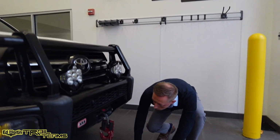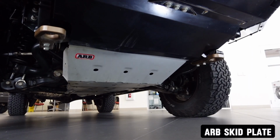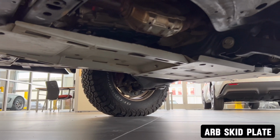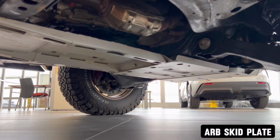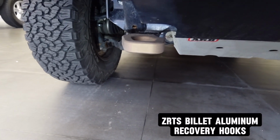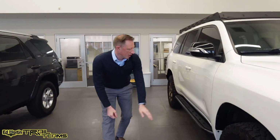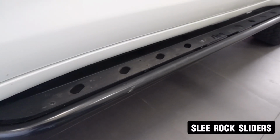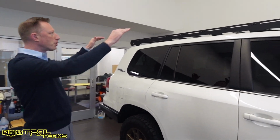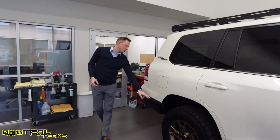Additional protections underneath of the vehicle. We have the ARB skid plate system. It's a half system, so you have the front skid plate as well as the engine and transmission. While we're down here, we got a pair of ZRTS billet aluminum recovery hooks right here and right here. And then on the side we have the sleeve formed rock sliders. Top, Prinsu roof rack, and then kind of transitioning back to the back of the vehicle,